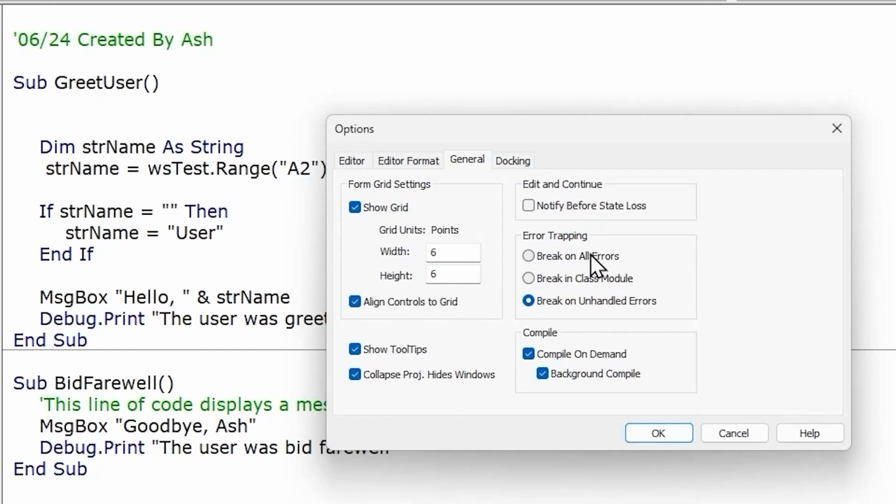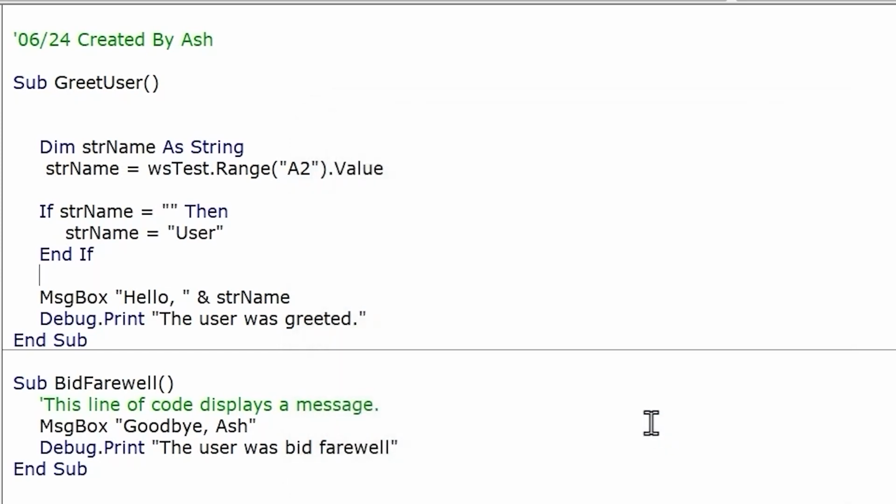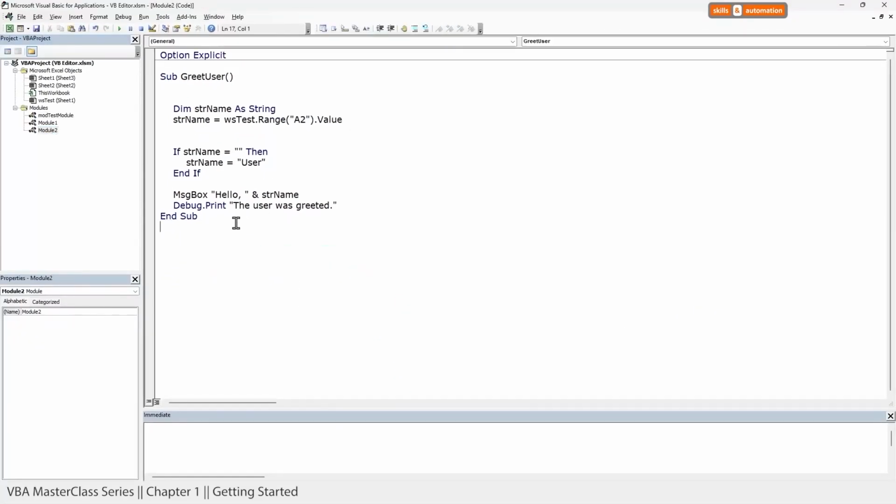We'll cover error handling in detail in a later chapter. On a high level, there are ways for us to anticipate and account for errors within our code using statements such as On Error Resume Next and On Error GoTo. In such a case, errors are handled and the code will not break. But if we don't include such statements, our errors will be unhandled and our code will break and stop immediately whenever it encounters an error. So I'm going to leave it on break on unhandled errors, click OK,